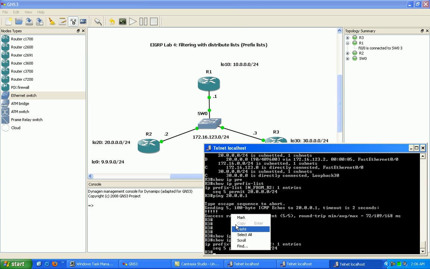As you can see here, the only match we have on R3 is for the 20.0.0.0 network /24. So again, that is a simple configuration of a distribute list inbound tied to a prefix list instead of an